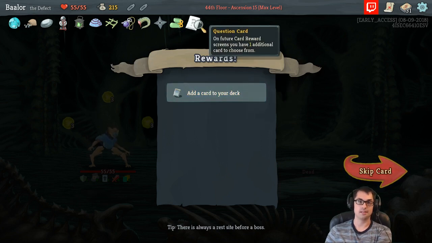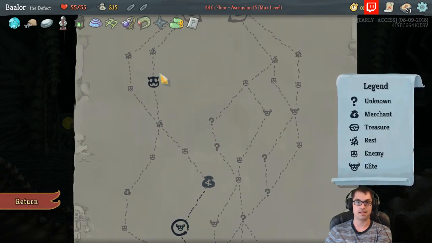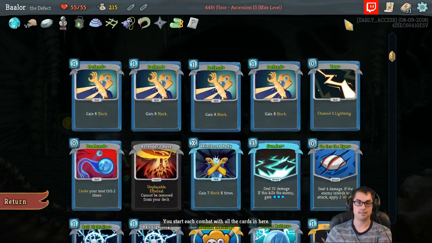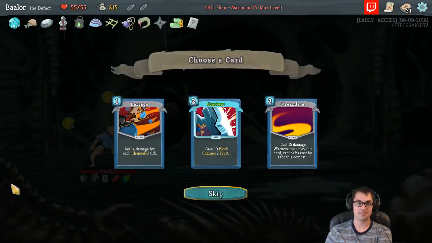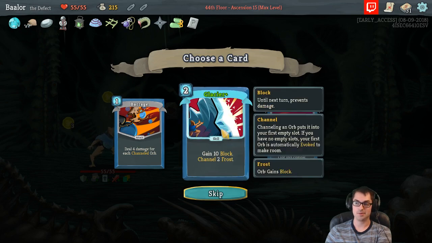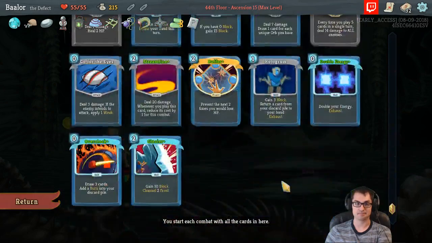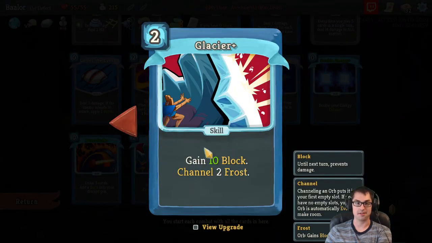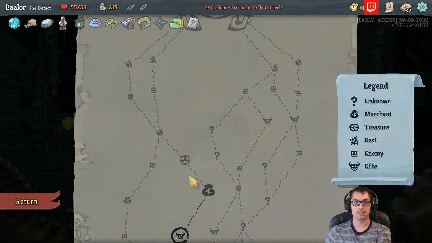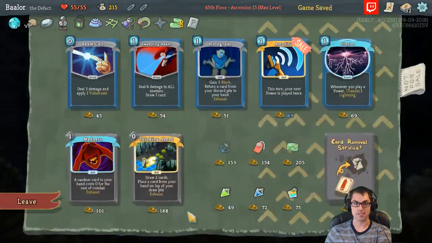Okay, Question Card's a little late. On future card reward screens, we have 1 additional card to choose from. That's going to be exactly 2 cards. Oh. Frost Orbs. Glacier Plus, you say? Don't mind if I do. Go ahead and add that to the deck. It's a really nice defensive card. 10 block, channel 2 Frost Orbs. So that's a 14 block card, basically. Which is actually not that good now that it's been nerfed twice, but...